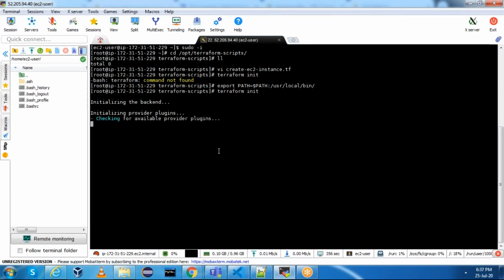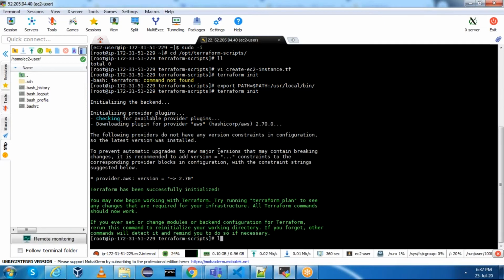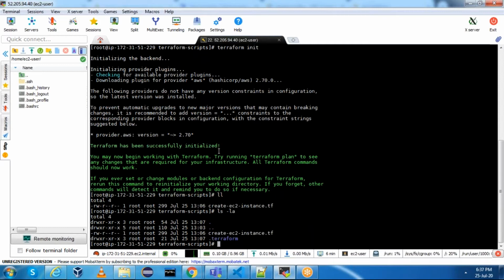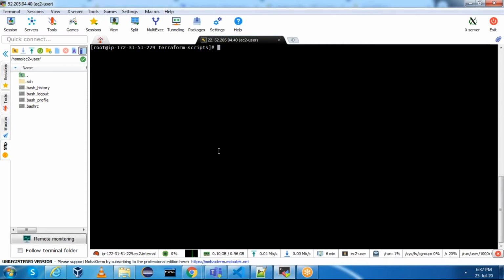Now just do terraform init. Now it is initializing the backend. If you do ls -la, you can see it created the .terraform folder. Now if you want to see what resources are going to get created, you can just do terraform plan.